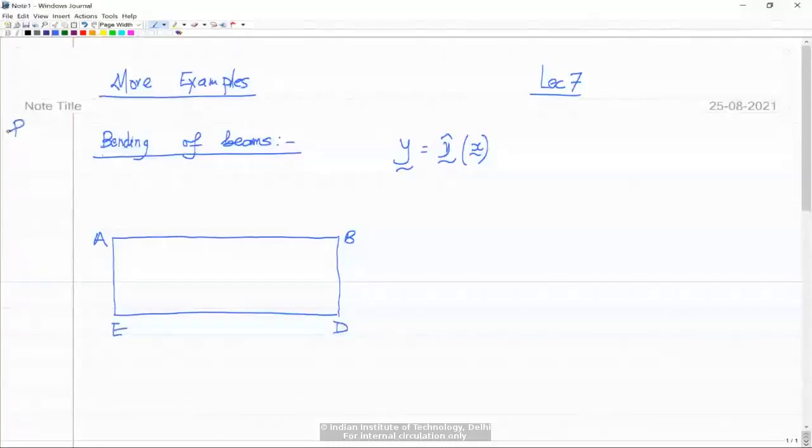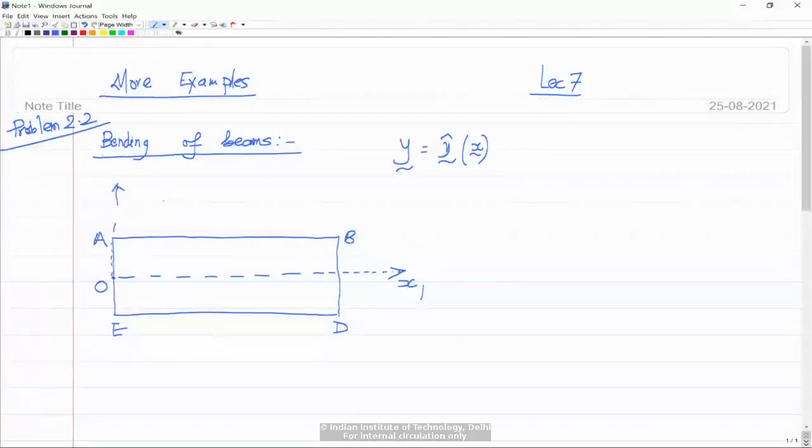It's problem 2.2. And the origin is, let's say, over here, O, and this is the E1 axis having coordinate x1, and that's the E2 axis having coordinate x2, and what comes out of the paper is the E3 axis. Okay,